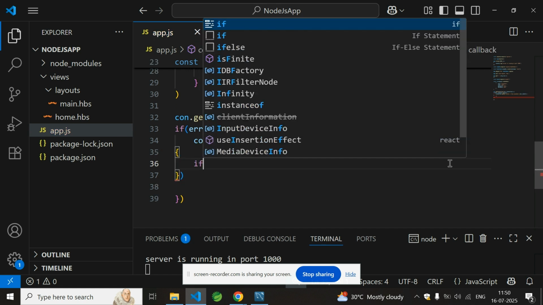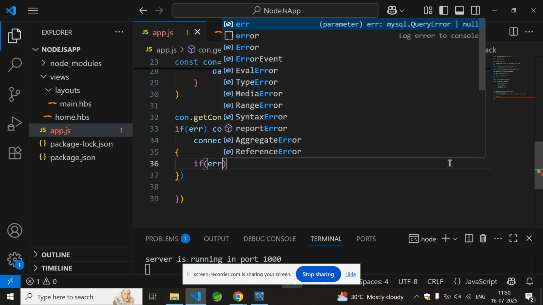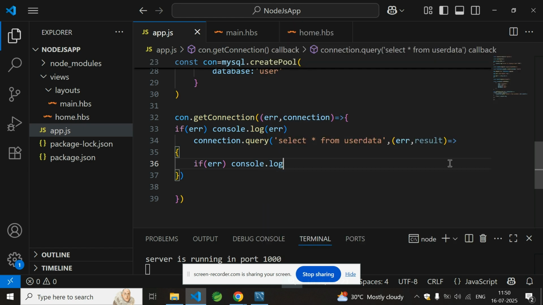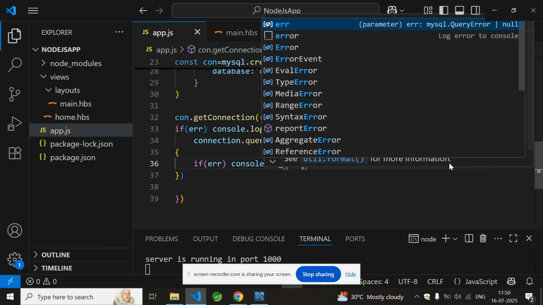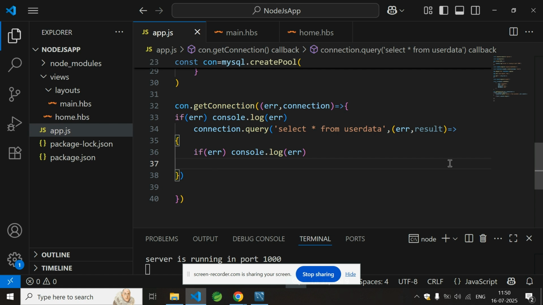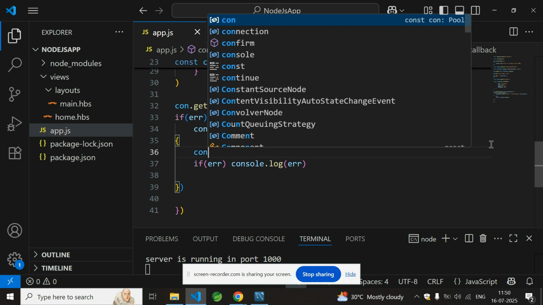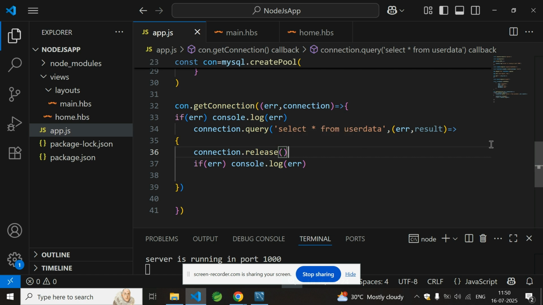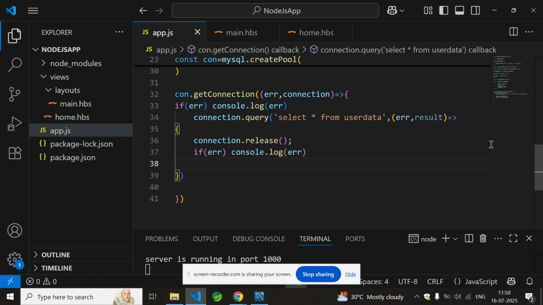Come here, if error, console it. If not, before that, after giving connection query, you compulsorily have to give connection dot release. It will stop the communication with the database. Then only you proceed with other code. So if there is an error, log the error, or else